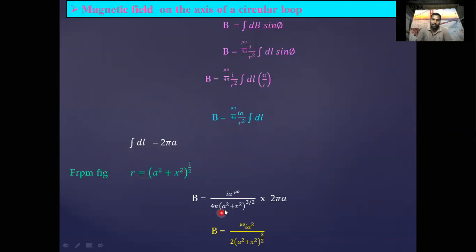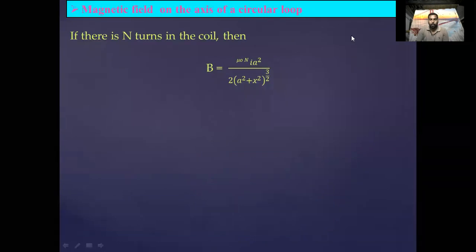You have to choose the R value from the figure. Substituting, B value becomes I a mu naught divided by 4 pi into (a square plus x square) to the power of 3 by 2 into integral dl, which is equal to 2 pi a. Now the 2 pi cancels, and 2 remains. Now B is equal to mu naught I a square divided by 2 into (a square plus x square) to the power of 3 by 2. This is the final equation